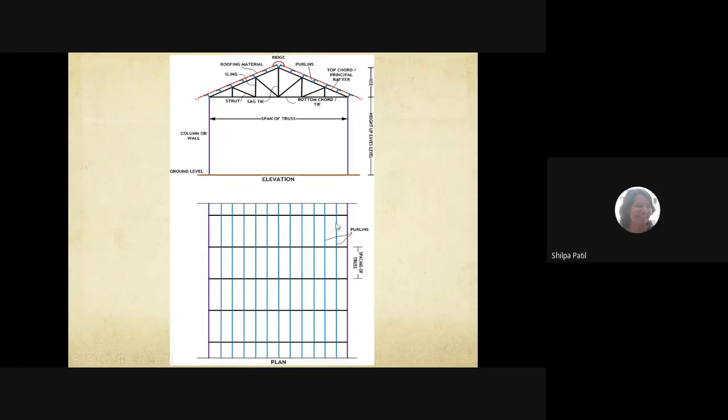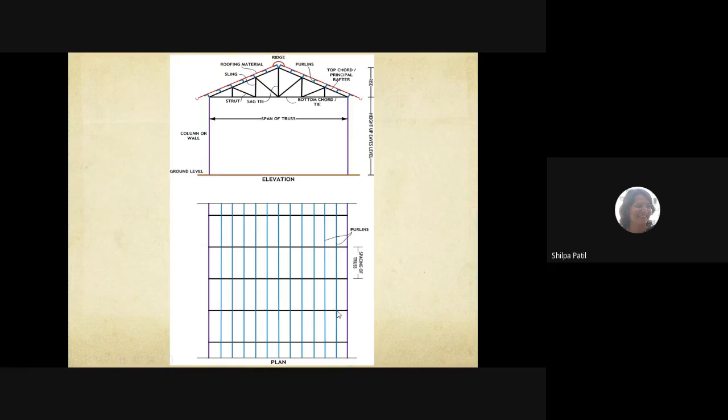And we do not provide a huge single member like this. This is one purlin, this is a second purlin, this is a third purlin. But practically, when you design, this is considered as a single purlin. Why do we call this one purlin? Because the design of each part of this purlin will remain the same if you provide the same spacing of trusses throughout the length of your industrial shed. It is always done. You will never find that the spacing between two consecutive trusses is different throughout the length of the industrial shed. It is kept the same.